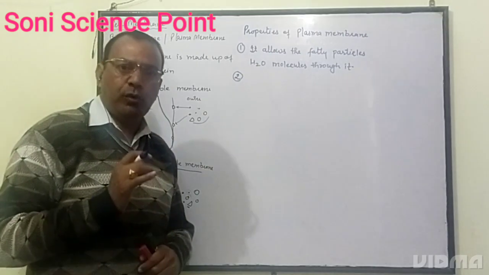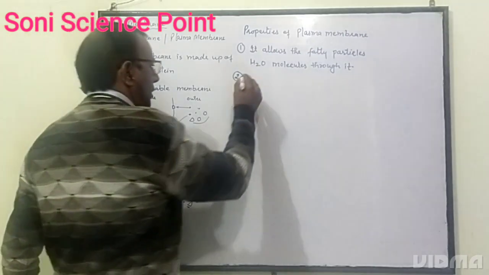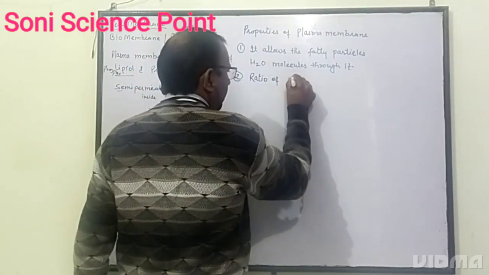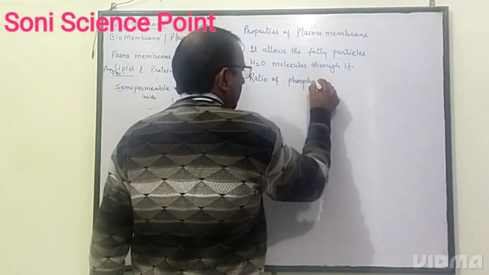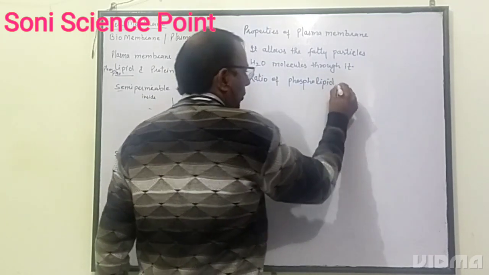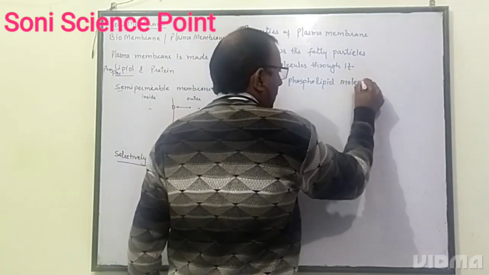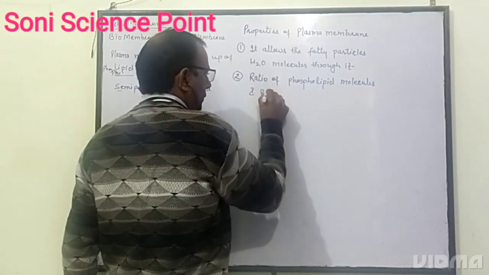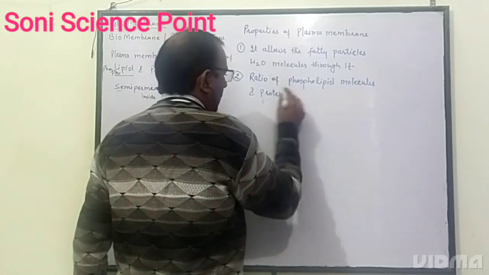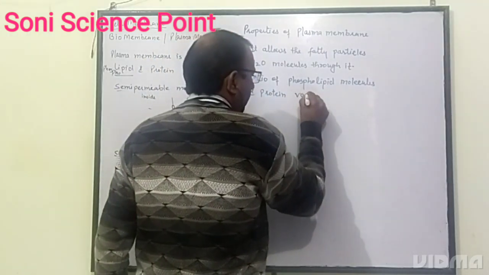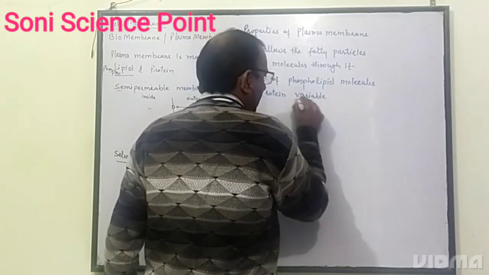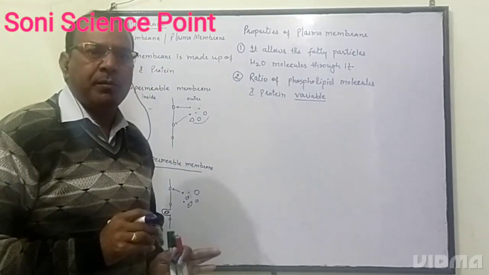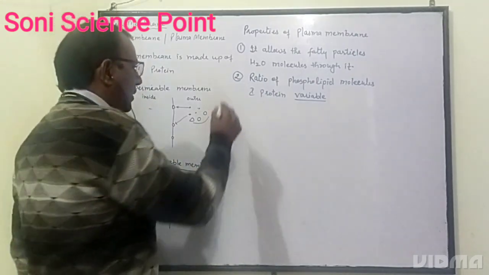The ratio of phospholipid molecules and proteins is variable. It means changeable, because if these particles change,